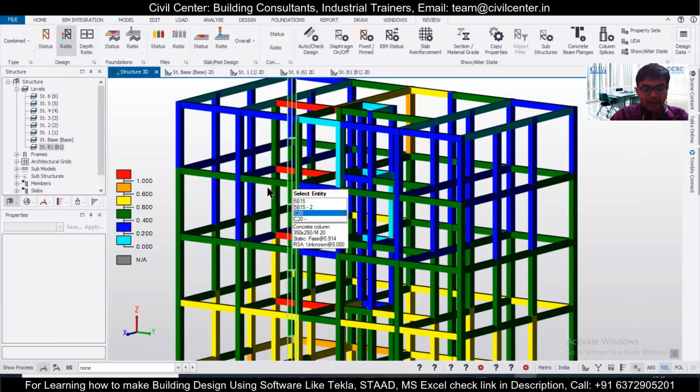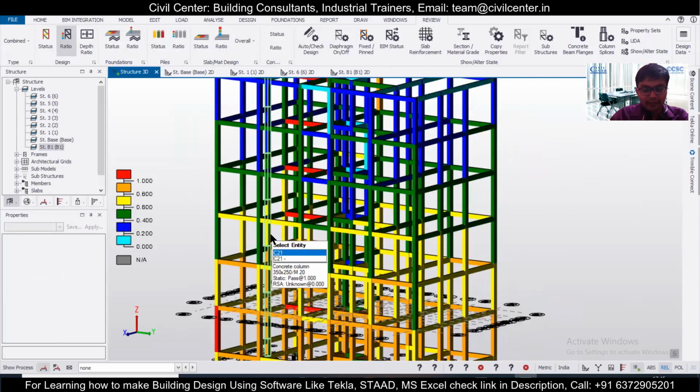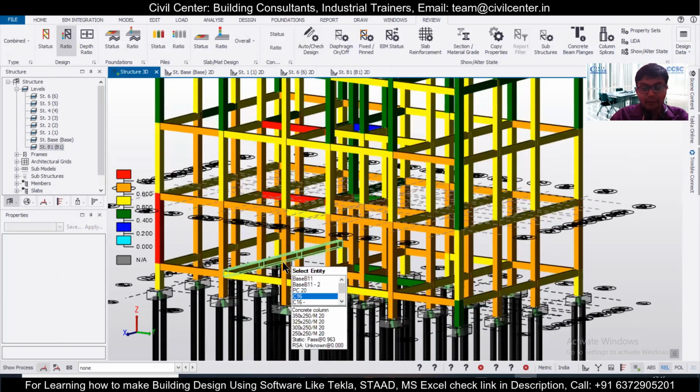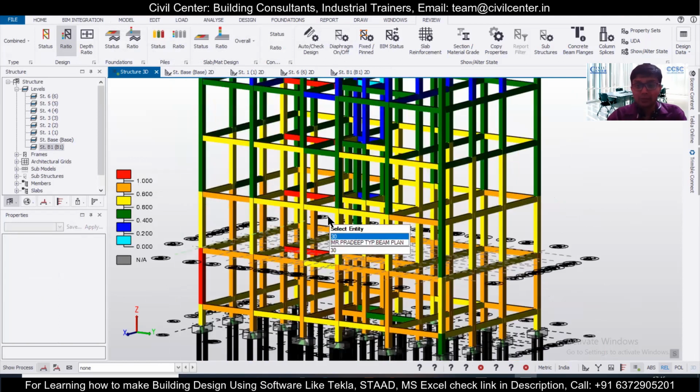So now the structure has become economical. As you can see, we have ratios in between the range of 0.4 to 0.8. Also, the reinforcement applied has reduced, and the sizes also have reduced. So in a particular project which we make, the majority of the cost is in the area of steel and the volume of concrete. So as a structural engineer, people are paying you so that you can design economical structures as well as safe structures.